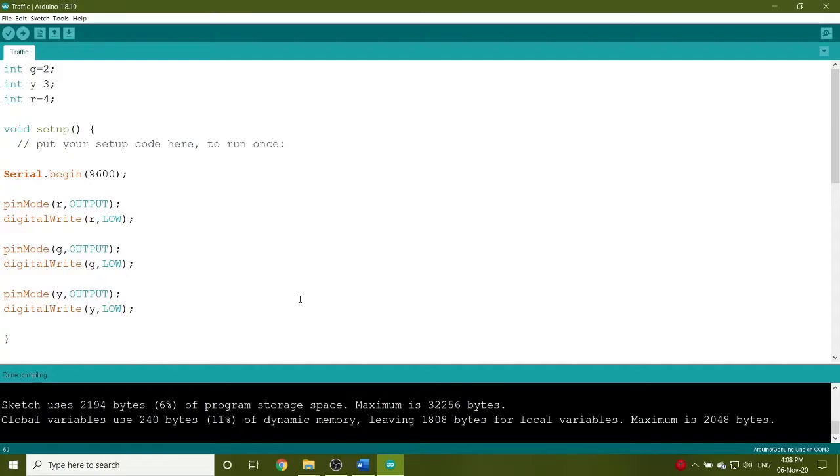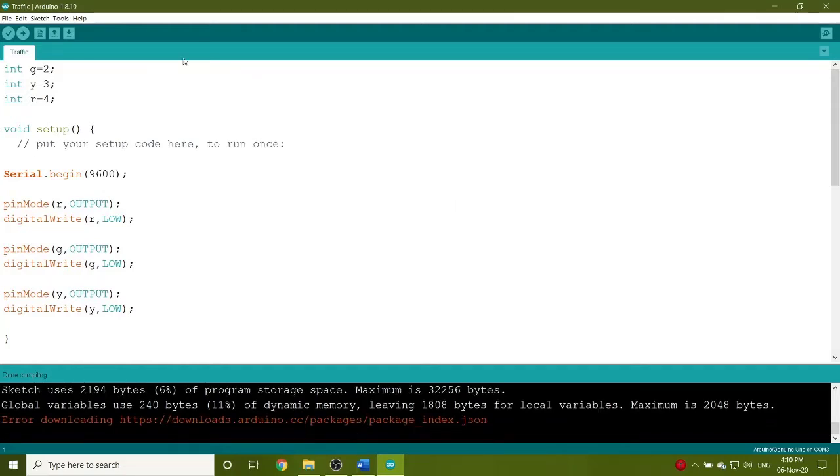And now after this, I will connect my particular Arduino development board with the desktop or laptop. Now I have connected Arduino development board with my desktop.